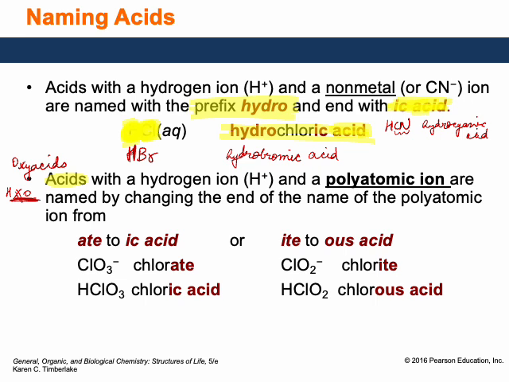Basically, for naming those acids, we usually just put the name of this. In case of these acids, you usually don't have the prefix hydro. You simply just use the name of the polyatomic ion followed by "ic acid" or "ous acid." Okay, what does that mean? You name the polyatomic ion, and if the name of the polyatomic ion ends with "ate," it would change into "ic acid." Example,